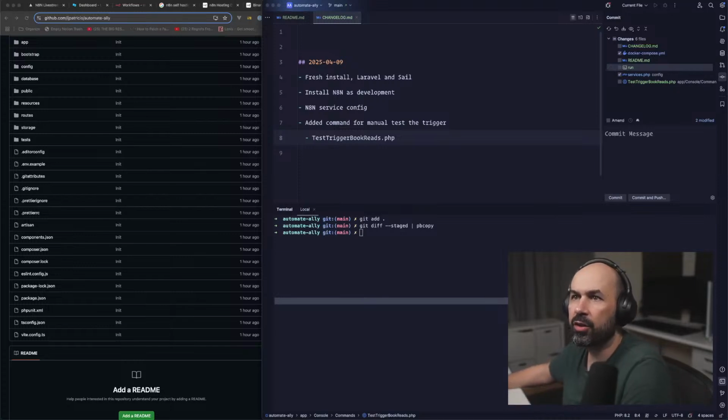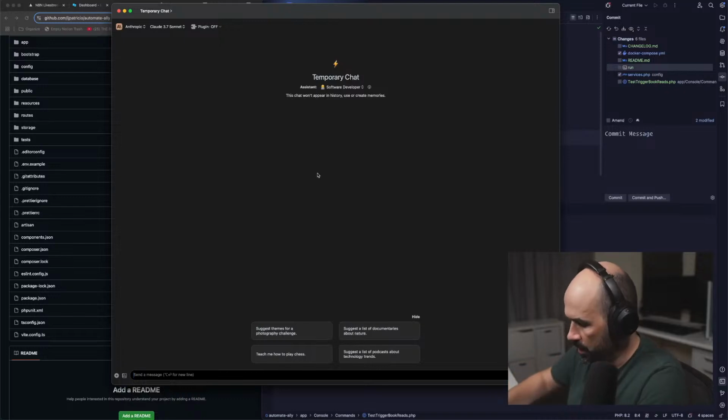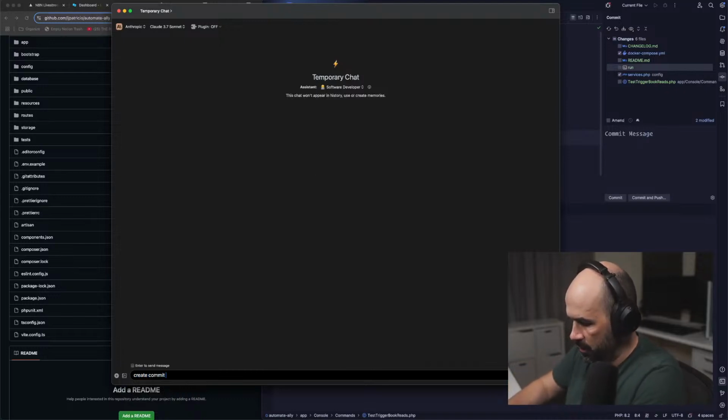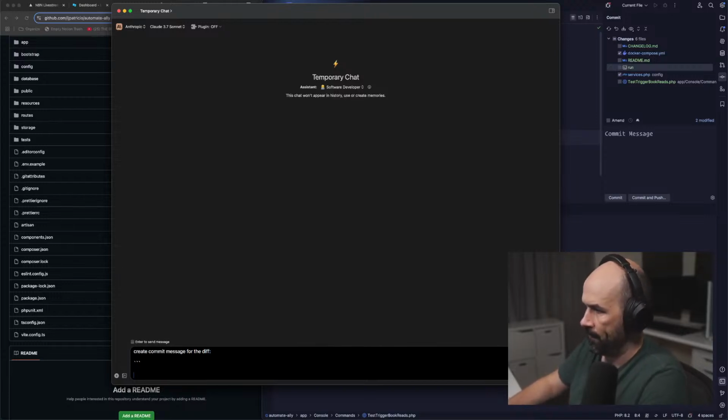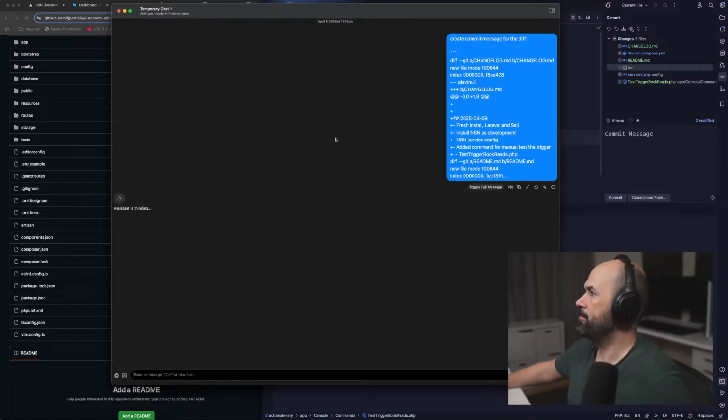How can I make a new window? Yeah, okay. So create commit message for the diff.